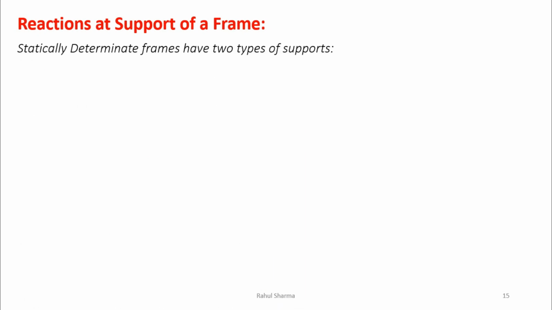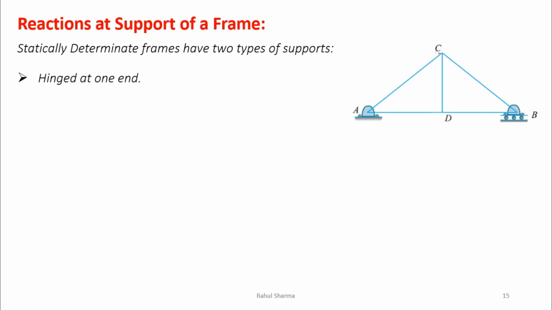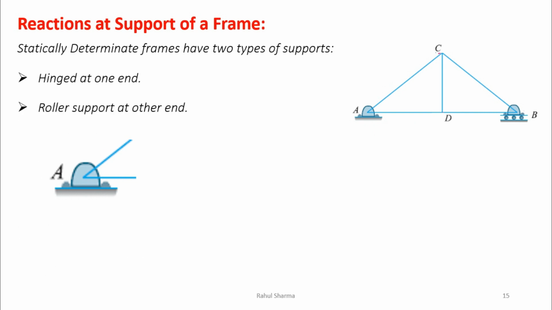Now we will discuss the statically determinate frames. Whenever a frame is given, it will have only 2 types of supports, and these supports will be at the extreme endpoints only. As I have shown you in the case of bridges, the supports will be at the 2 ends only. In this case there will be 2 supports. First will be a hinge, second will be a rolling support. Now what is the hinge support and what is the rolling support? Hinge support means this frame will have this joint, this support as a fixed support, and this will be a movable support.